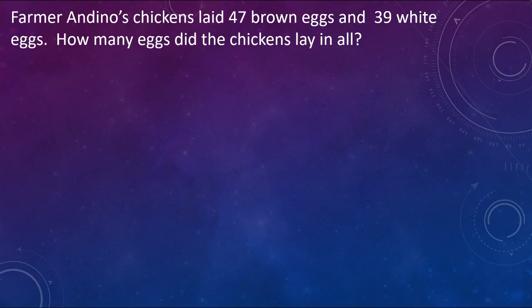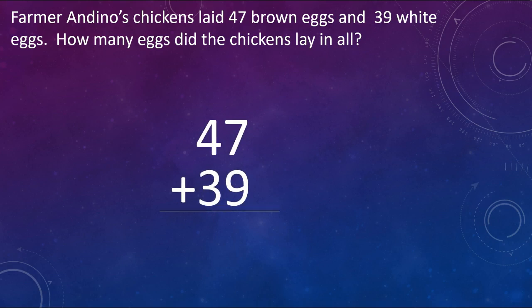Okay, so let's compare answers. I said that we need to add these two numbers together. So I put 47 plus 39. And to add these together, I lined up the ones place and I lined up the tens place. You gotta make sure those are lined up or else it's not gonna be correct. You're gonna get confused. And then I added 7 plus 9,